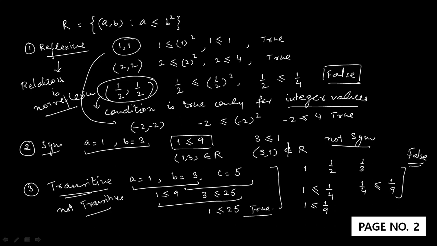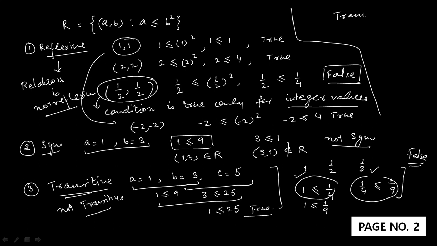Okay. You can take one more condition. Suppose this condition is false and this condition is false. Suppose I have taken these two conditions as true. Okay. Let us take one more example of transitive. Let the numbers be 3, 2, then the second pair is 2 and 1.5. Suppose this one is the condition.